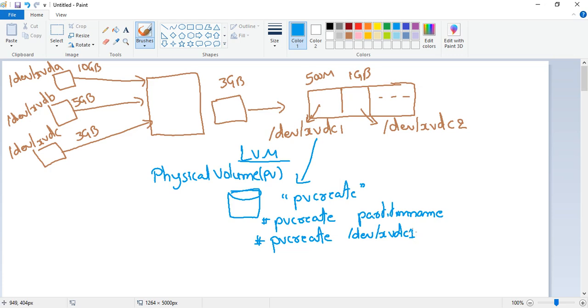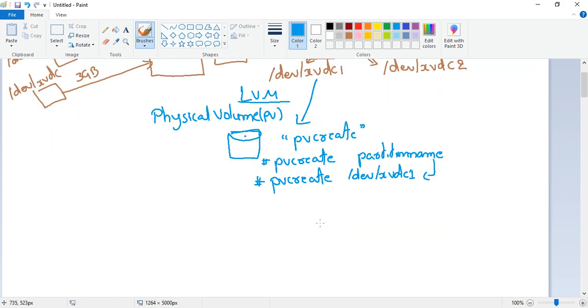Super. That's it. This is the command. So now your kernel considers, after executing this command, that this will become a physical volume now. Then I will create